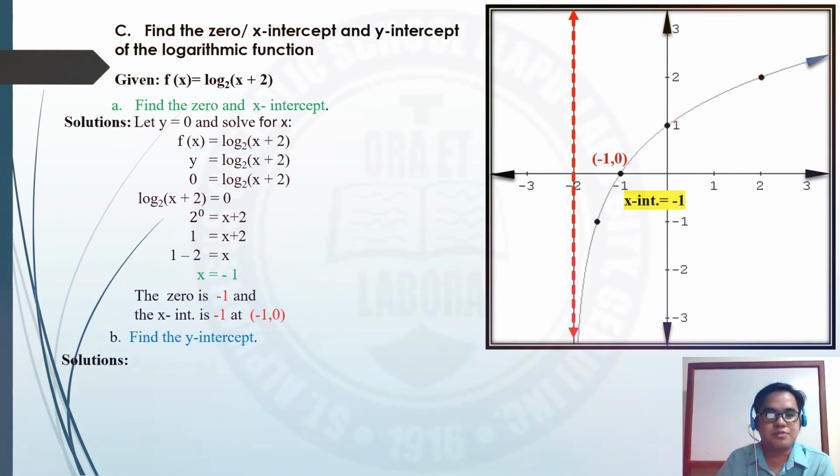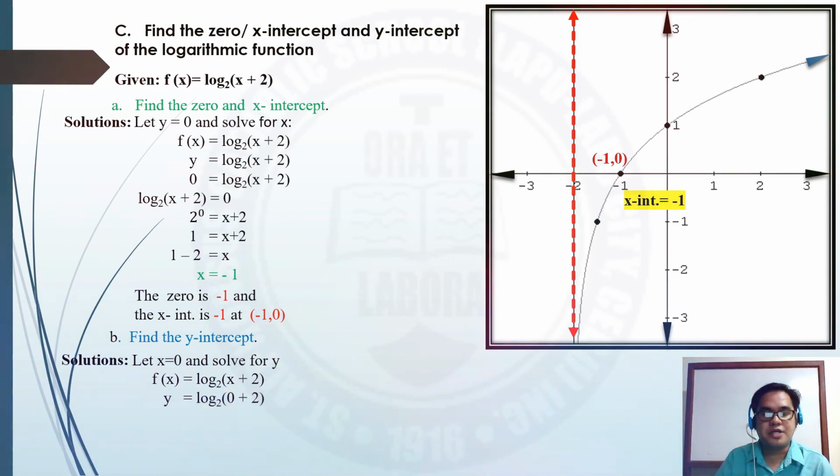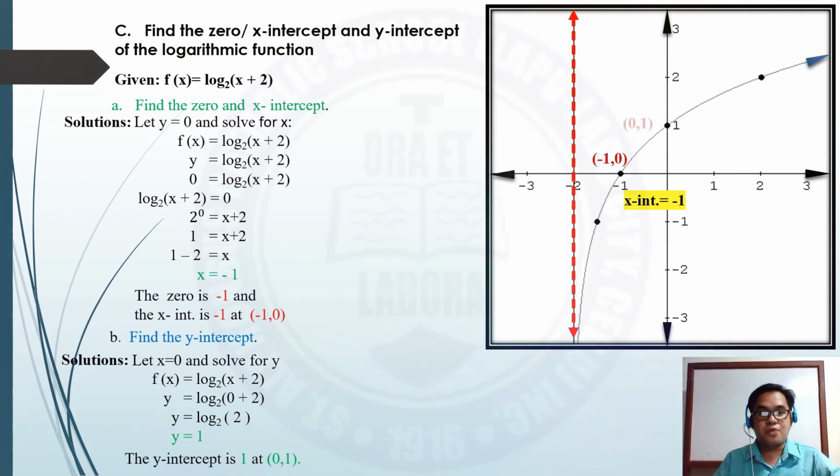To find the y-intercept, here are the solutions. Let x be equal to 0 and solve for y. f of x is equal to the logarithm of x plus 2 to the base 2. So we have to copy the given. After which, we are going to substitute the value of x, which is 0. So y is equal to the logarithm of 0 plus 2 to the base 2. So simplify, and we have y is equal to the logarithm of 2 to the base 2. And y is equal to 1, because this is the property of the logarithm, that log of 2 to the base 2 is equal to 1. So the y-intercept is 0, 1. So if we look for the y-intercept in our illustration,